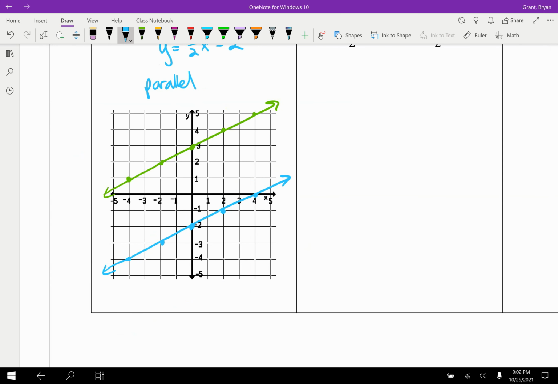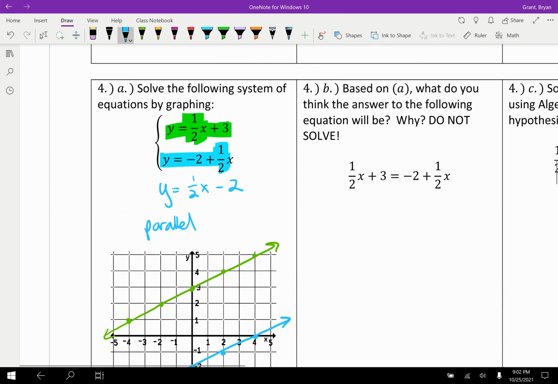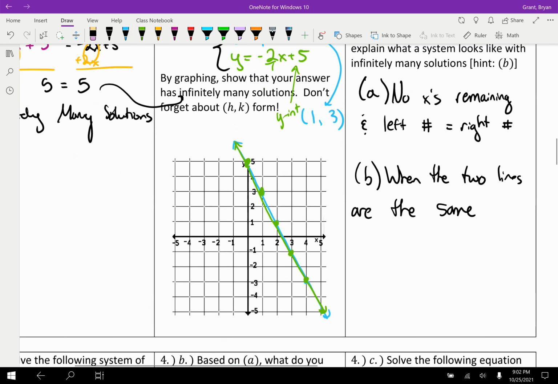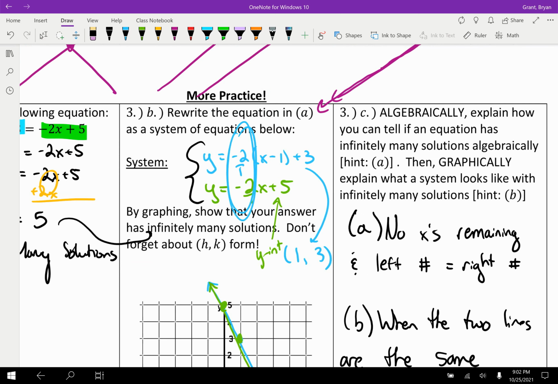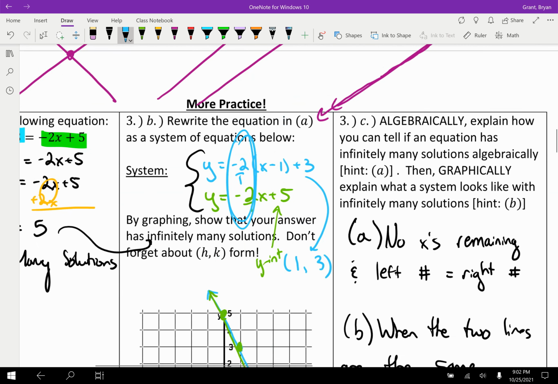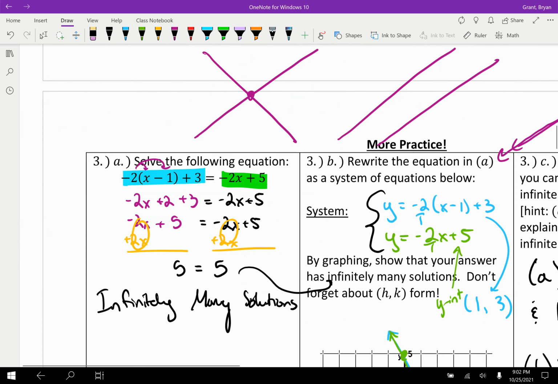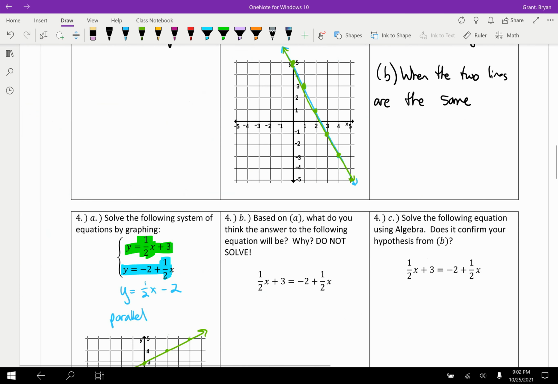And as a reminder, because they don't cross, parallel lines have no solution. In fact, you'll notice here that we could have seen they were parallel early on because they had the same slope but different y-intercepts. Now, if you look at this guy up here, they also had the same slope, but they didn't end up being parallel. They ended up being the same line. So yeah, when your two equations have the same slope, or if you're looking at two sides of an equals and they have the same slope, your answer is either going to be infinitely many solutions, or, in this case,